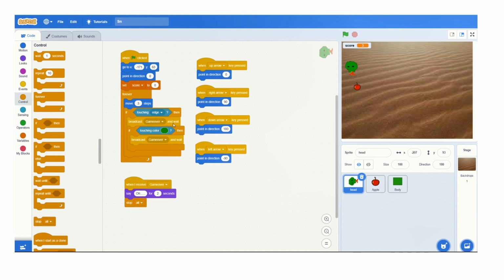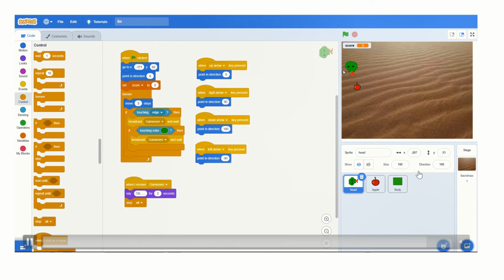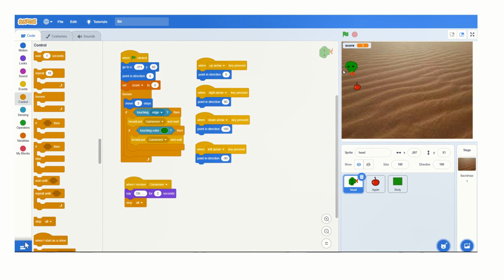That's it. This is a simple snake game that we have designed, and I hope it was interesting. I hope you understood how exactly it worked, and this is very easy for you to try, and you can try it out on your machine as well, the snake catching the apple.